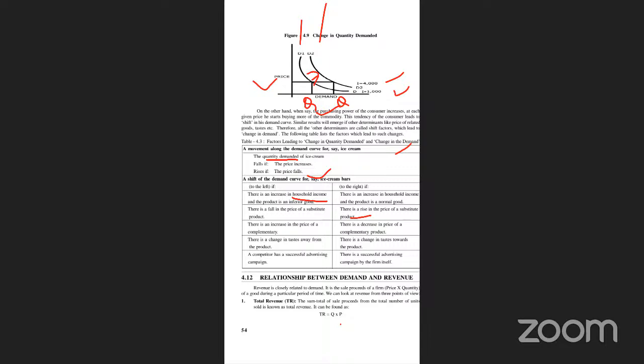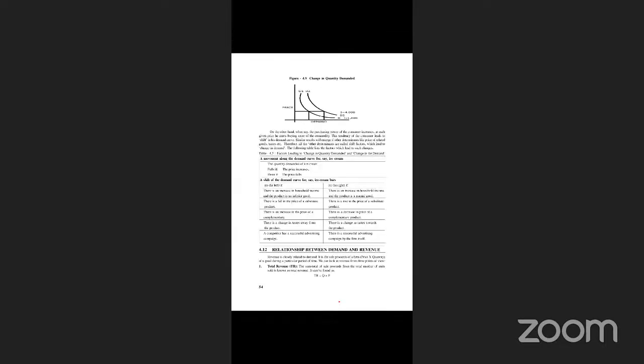So these are the various factors. If you have your textbooks with you, you can go through this complete factor list. And this 4.8 and 4.9 curve, both the curves, you will have to draw. In your books, this helps you practice and understand better the relationship between the price and the quantity. And this is the usual 4.8 change in quantity demanded curve, whereas this one is